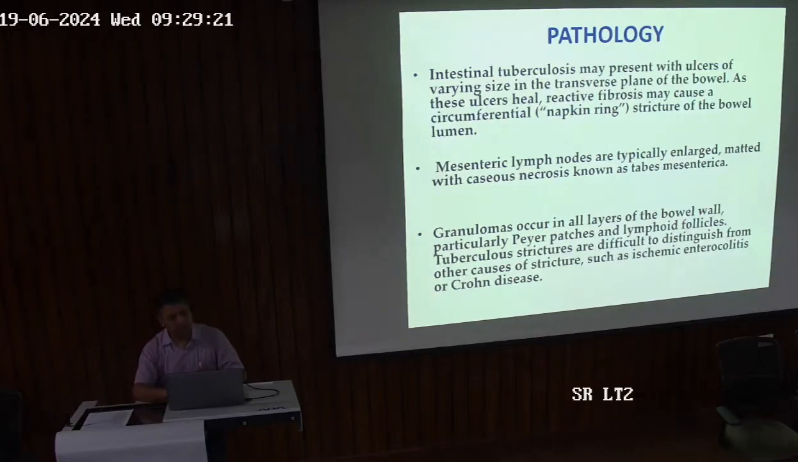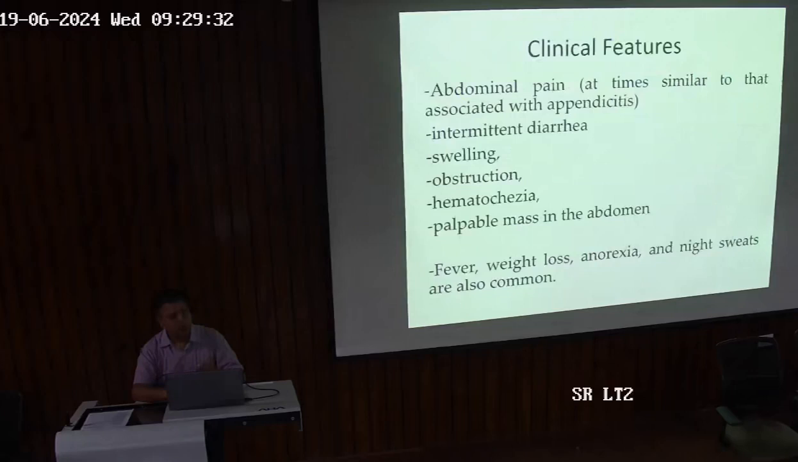Now, granulomas can occur in all the layers of the bowel wall, especially in the Peyer's patches. We saw in the first picture where there was a lymphoid follicle in the wall. So what can be the clinical features of the disease depending on such lesions? It may give rise to abdominal pain, which is more or less similar to appendicitis. Then it can be associated with intermittent diarrhea or swelling or the obstruction, as I discussed,